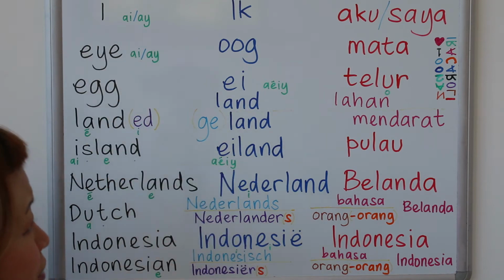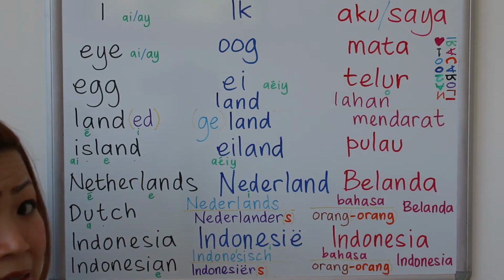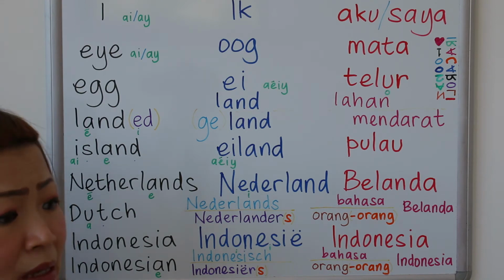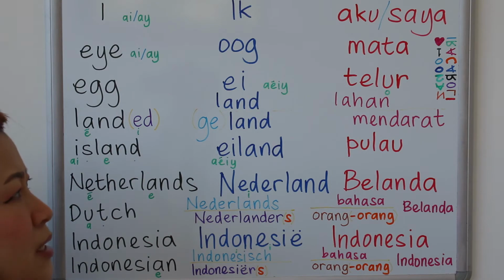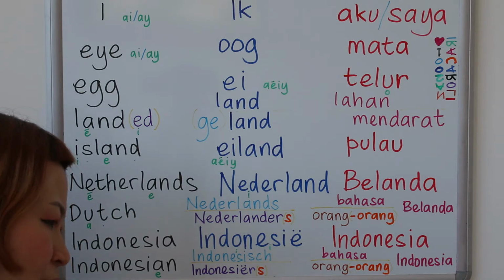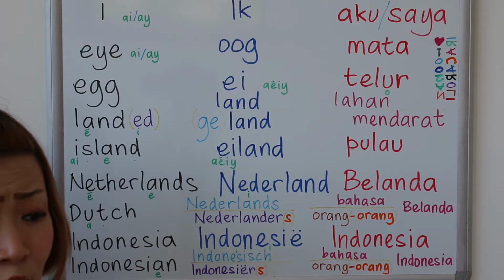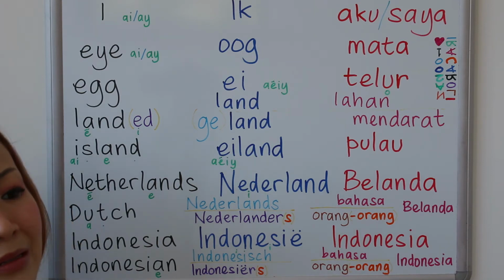I in Indonesian or bahasa Indonesia is aku or saya. The safe way I may say that, you just use saya most of the times, because this word aku is also a formal word for I, but there are several occasions or circumstances when you call yourself with aku is considered as impolite. For example, when you talk with someone who is your senior or older than you, it's impolite to